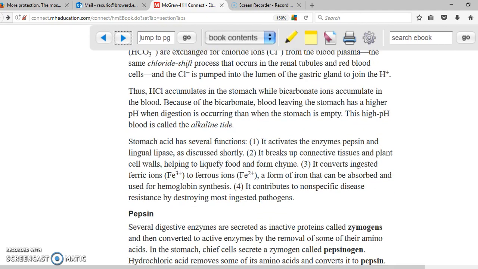Let's keep scrolling down. Functions that you have with the acid, very important. It activates pepsin. We're going to see that later on. It breaks